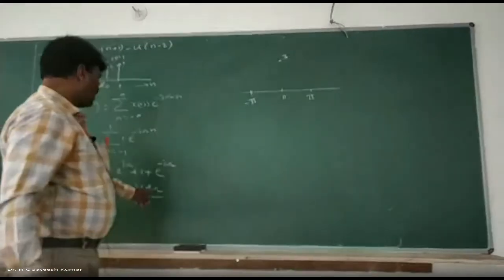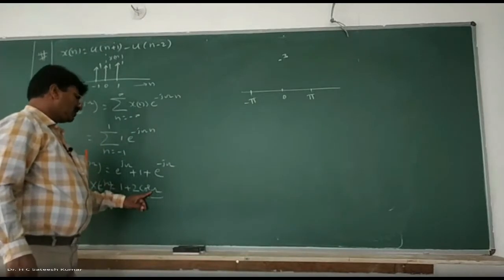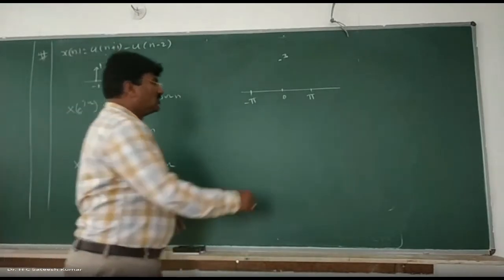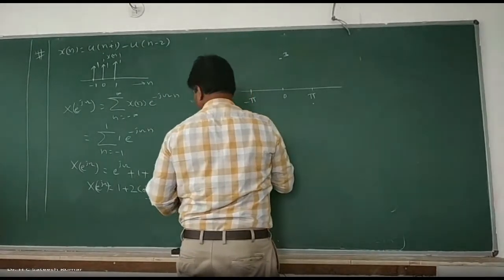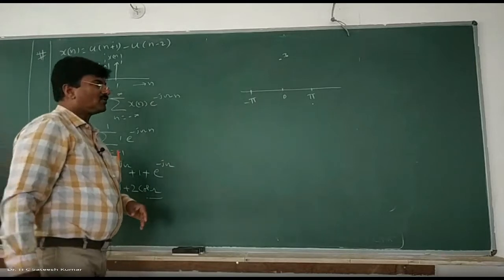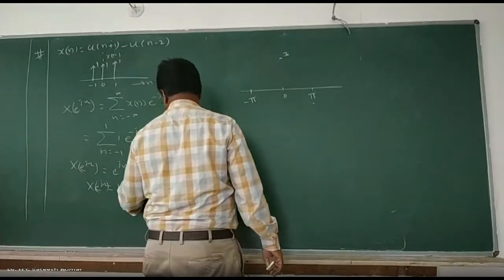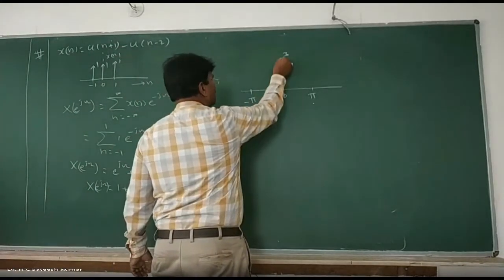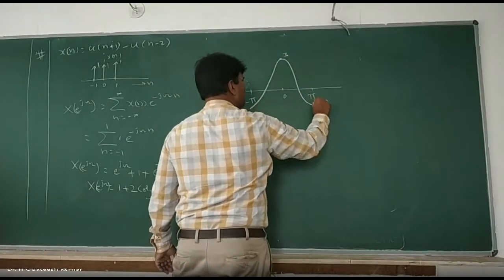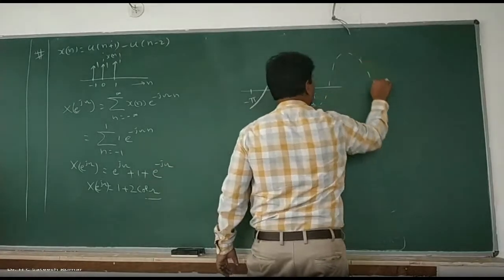And at pi, cos pi is minus 1. It is minus 2. Minus 2 plus 1 is minus 1. So therefore, it will go to minus 1. Even at minus pi, cos of minus theta is cos theta. Therefore, we will get cos pi only. Once again, it is minus 1. So the variation would be of this sort. Afterwards, it is repeating the same thing.